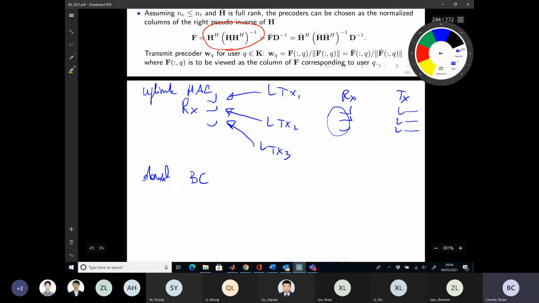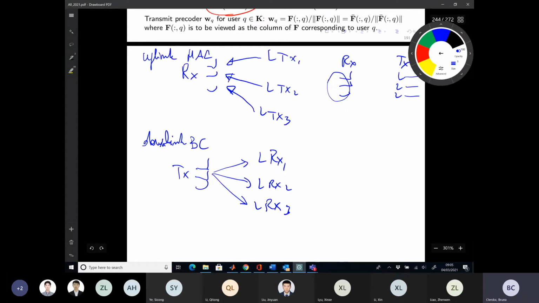We had the downlink, where we have something like this now. We have a transmitter, and we have multiple receivers. Right, so let's assume again I have a single antenna, but I could have multiple antennas. And now I want to deliver multiple streams to those different receivers. Now we have to be very careful here, because if we have multiple transmit antennas or multiple antennas at some of those nodes, the strategies are very different from what we do when we have the single antenna case. So the single antenna case, we had this,